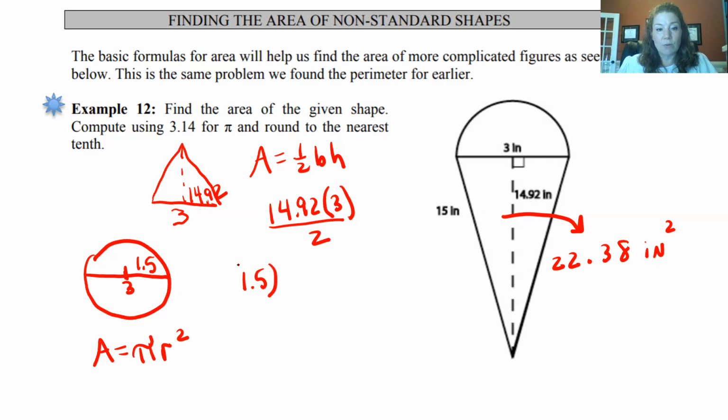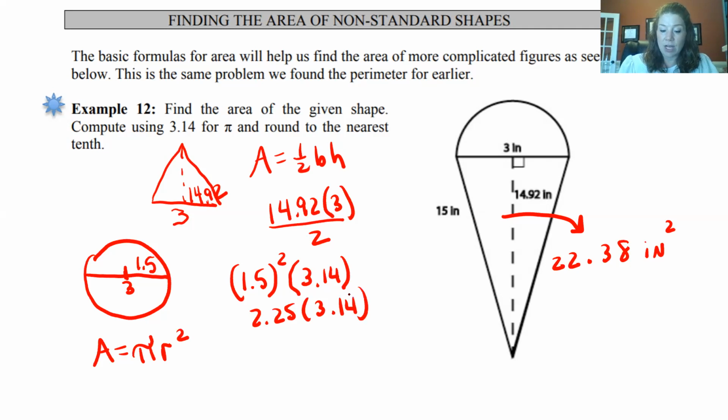We're going to square 1.5, which is not 3. We're not doubling it, we're squaring it, right? And then we're going to multiply that by 3.14. So 1.5 times 1.5 is 2.25, and 2.25 times 3.14 is